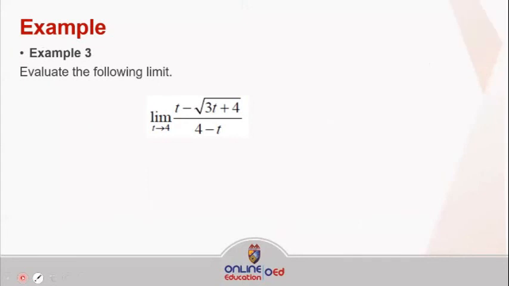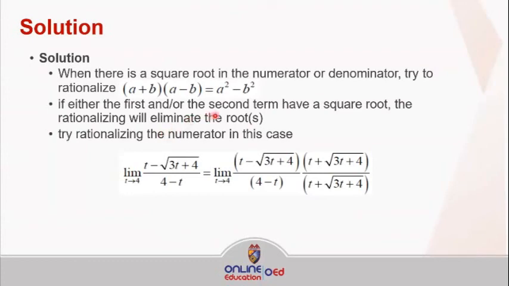Next. For the next problem, we have yung limit t minus ng square root of 3t plus 4 over ng 4 minus t, where yung t natin is equal sa 4. Ayan. So dito, same lang, gagamit din tayo ng algebraic formula, which yung a plus b natin multiplied by a minus b is equivalent sa a squared minus b squared. So itong problem natin is pareho natin siyang i-multiply sa numerator natin. Kaya tayo nagkaroon ng